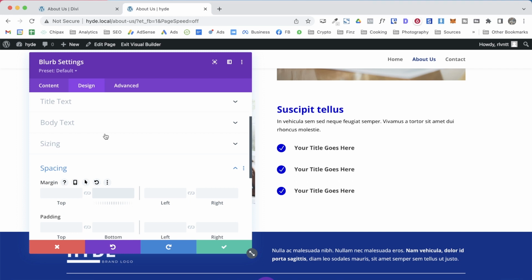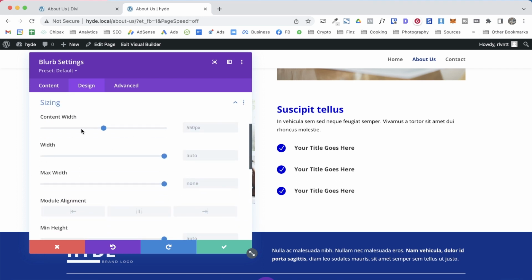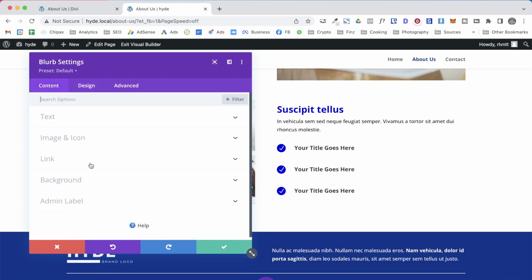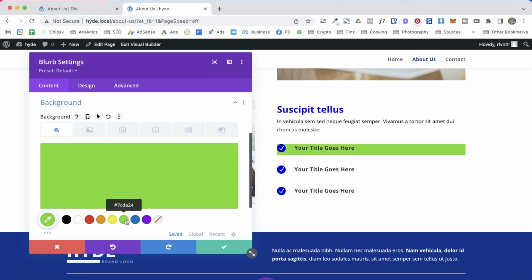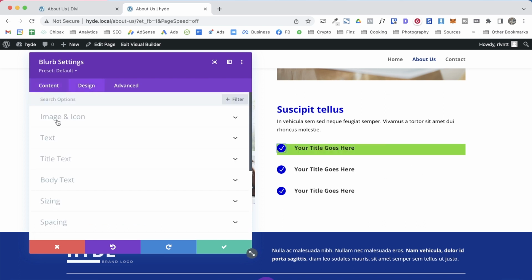Another good thing to know about this module, it has content width set to 550 pixels. I don't know why, but it comes like that. So I'm going to set this to 100%. Of course, in this case, we are not using this, or this is not important, but let me show you by setting a color. So now we can see